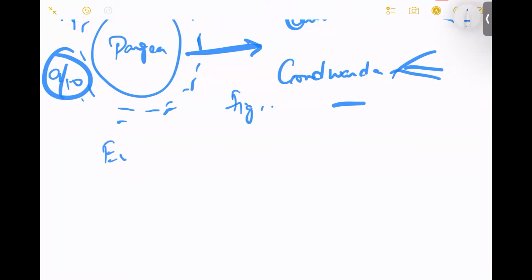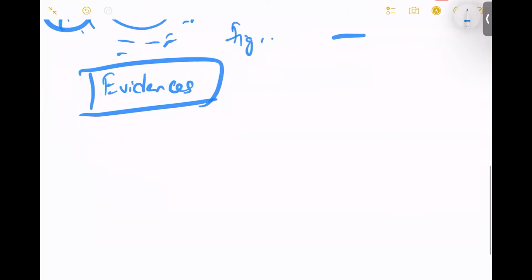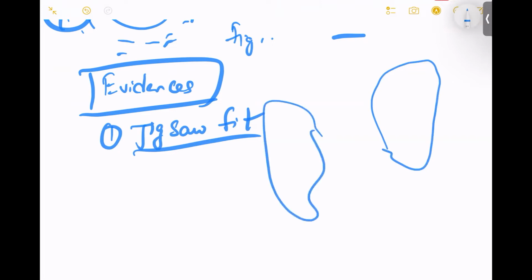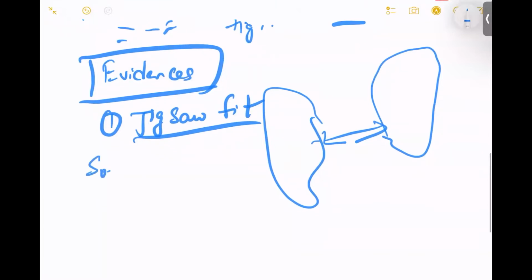Now next heading will be the evidences to support this theory. Okay, what are the evidences? Again, these are also very common and known to everyone. The first thing is the jigsaw fit. Here, if you want to score that extra mark, draw the diagram of Africa. Africa looks something like this, and South America looks like this. So when you try to attach these both, they are trying to come into one single entity. So for this jigsaw fit of South America and Africa, you explain with the diagram, it looks much more